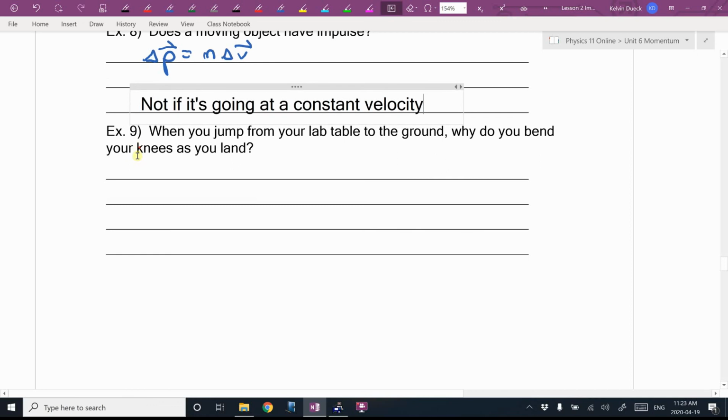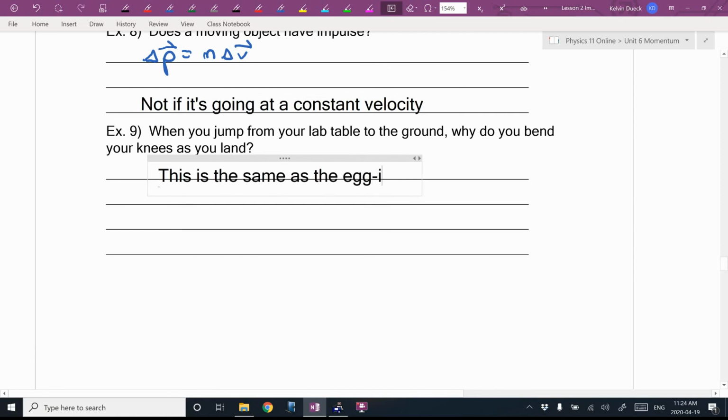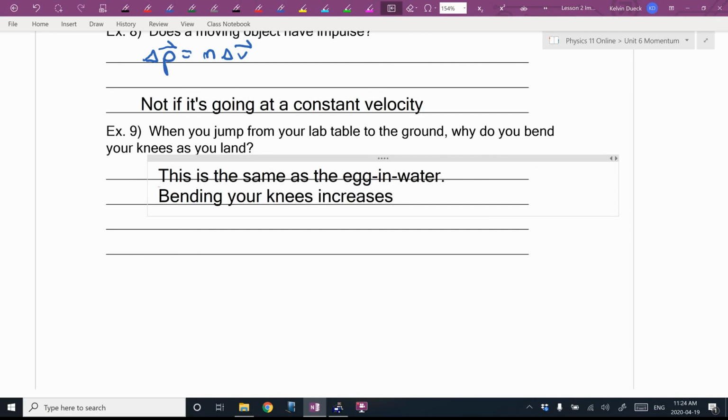When you jump from your lab table to the ground, why do you bend your knees as you land? You figure this out when you're 3 or 4 years old on playgrounds. When you start jumping off of stuff, you learn that when you hit the ground, you bend your knees. Why? What does this do? Well, this is the same as the egg in water. Bending your knees increases time, lowering force. We're stuck with the same impulse because when you jump off of something, when you land on the